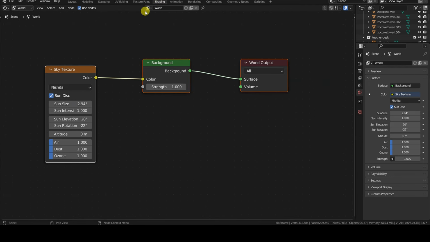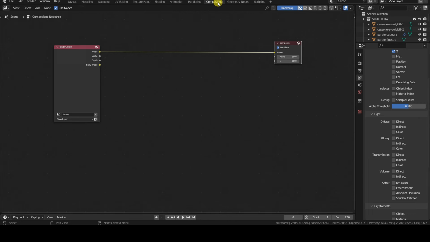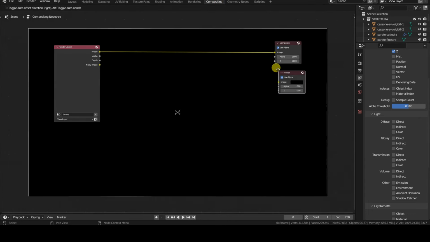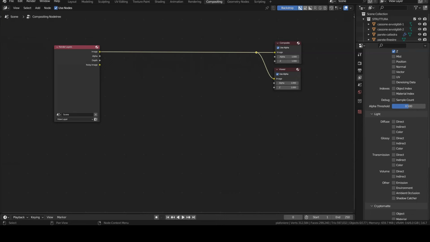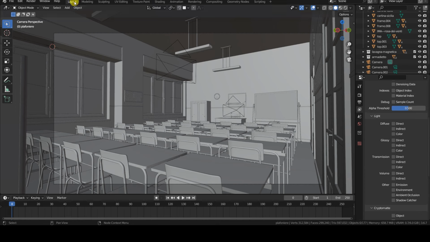In this case, therefore, I haven't added anything to the volume input of the world shader, and what you see on the screen is the rendering obtained without any compositing effect. We want to limit the sunbeams effect to only the light entering through the windows. However, in this case, we cannot use the environment render pass, as seen in the previous tutorial, because the light passing through the windows is considered transmission indirect. So let's activate the Transmission Indirect checkbox in the View Layer tab of the Properties editor and start the rendering again, so that we can use this information in post-production.